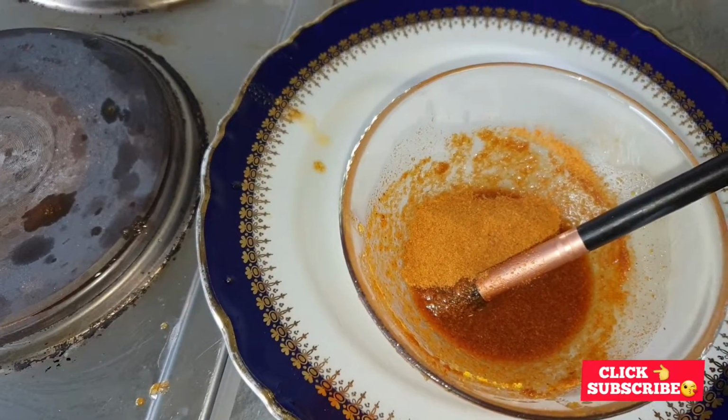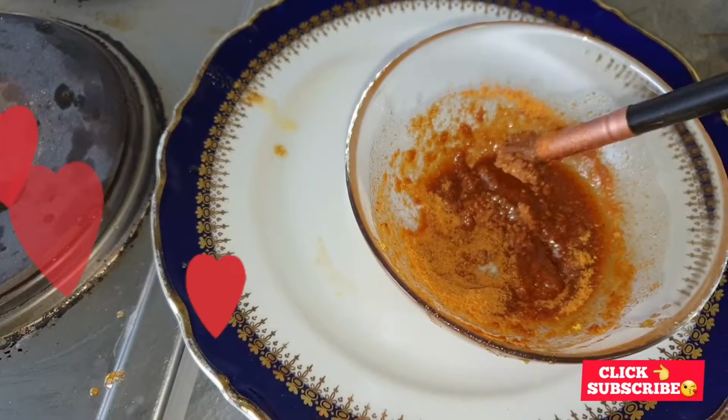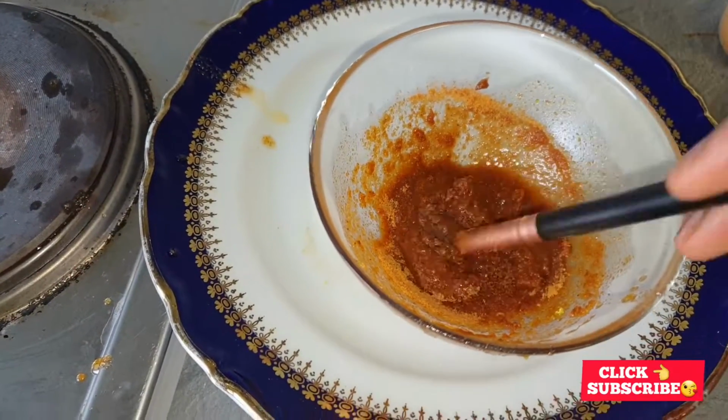Again, because I want it to be thick this time around. You know, the first time I made suya for my husband, he was like, ah, my wife is a